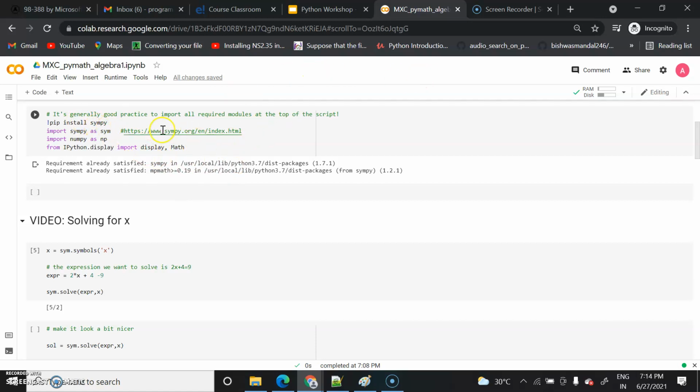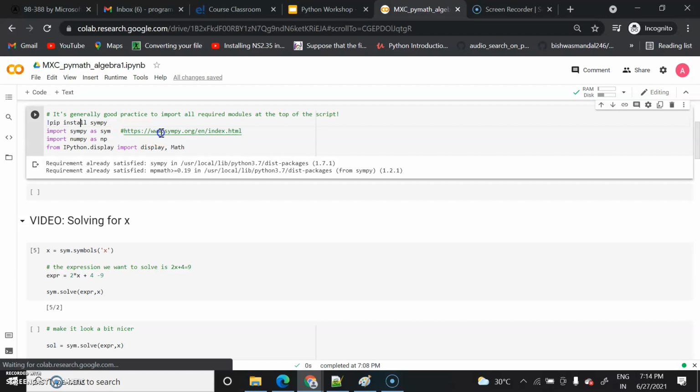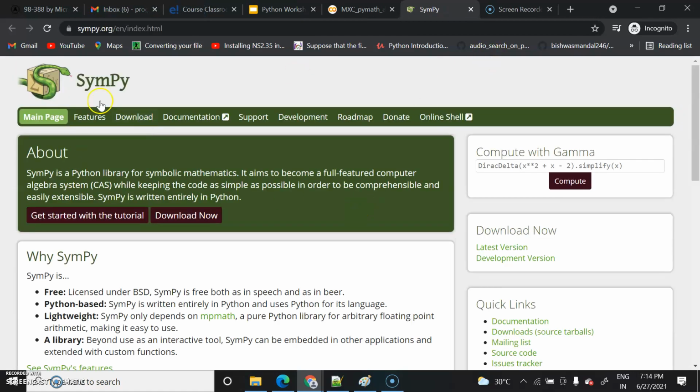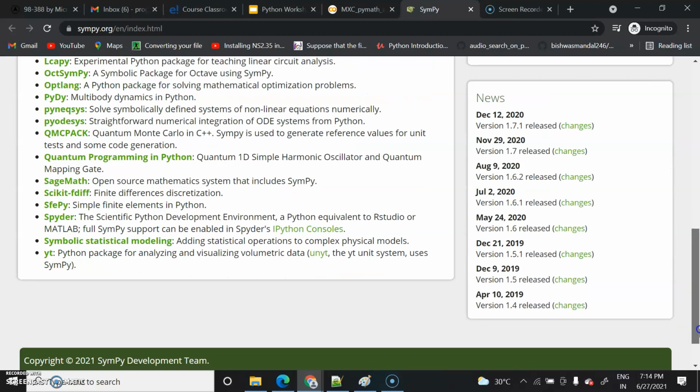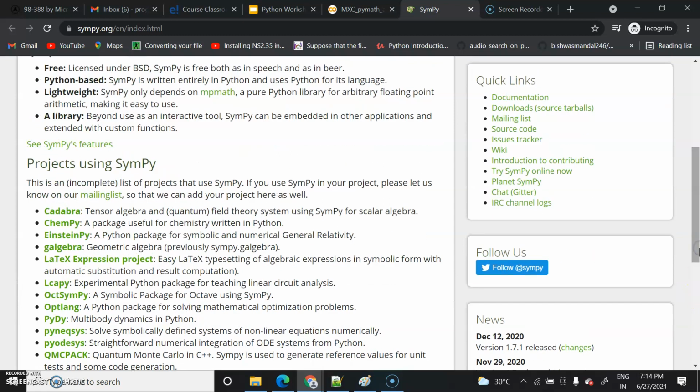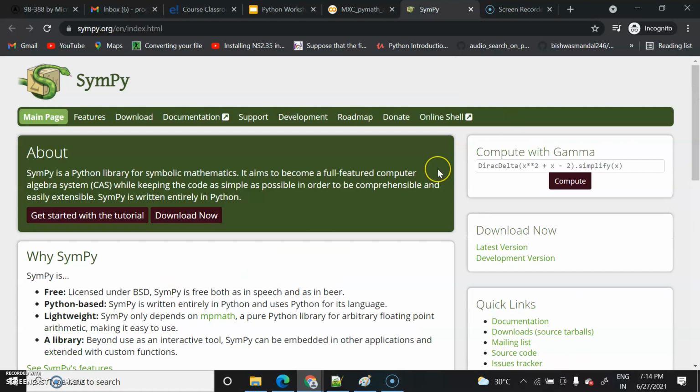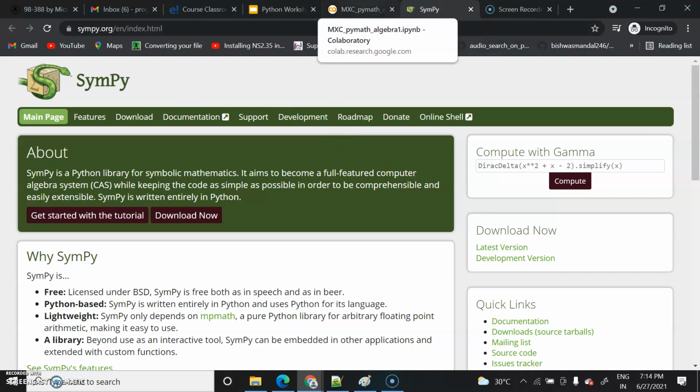I have already added this link, you can check it. Just click on this link. Once you click on it, you will see this is the library we need to add symbolic mathematical expressions. Whatever different kinds of expressions are available in Python, you can edit. So we can use all this by importing this library.